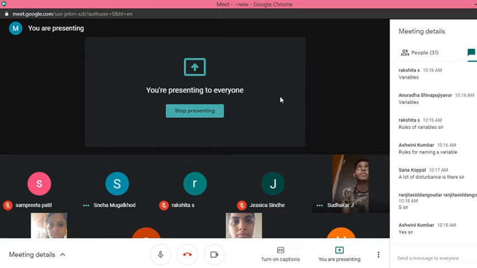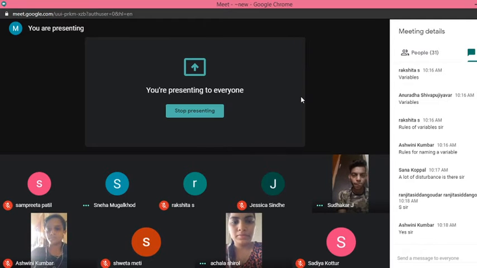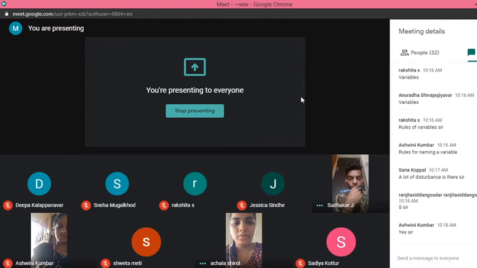In the last class we discussed variables and the input function, which we can use to read data from the keyboard. When you read data using the input function, the data will be read as string type. So the data you take from the keyboard via the input function will always be a string. When you want to convert it to an integer, you can use the function int. When you want floating point, you can use the function float. If you want it as a string, you can directly use the data you read from the input function.